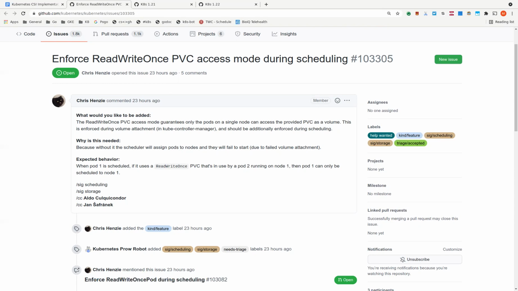So do everything but the scheduler changes and you're done. I mean, right? I guess the main thing is that by doing it in the scheduler, it is a fail earlier kind of scenario, because if you make it all the way to kubelet and it fails, or you make it all the way to the attach detach controller and it fails, your pod is kind of stuck. You need to manually delete your pod in order to recover.